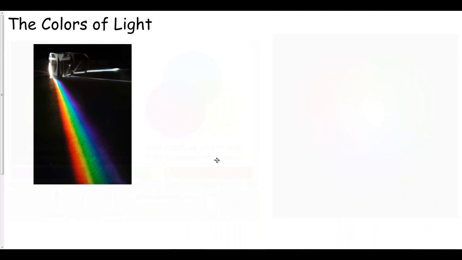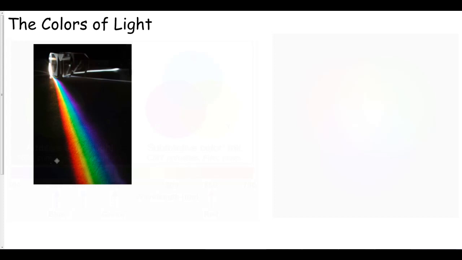Hello, welcome. In this exciting lesson in physics, we're going to learn about the colors of light and refraction. Now, you can see in this picture right here, we have a prism and a beam of light coming in at the back that is white, and whenever it's split out, it splits into all these different colors. So, there are many different colors of light, and this is how we see objects of different